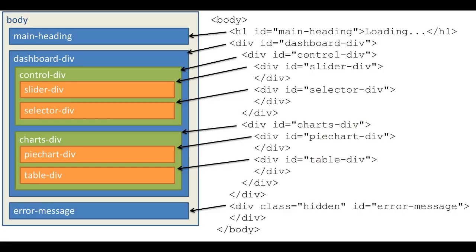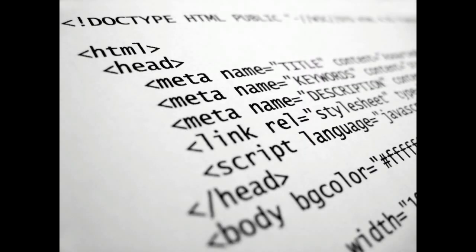So the HTML page is created with the help of HTML tags. Each tag is contained within less than and greater than angle brackets, and everything between the opening and closing tag is displayed or affected by the tag. Every HTML page has two sections. The first section is the header section and the second one is the body section.